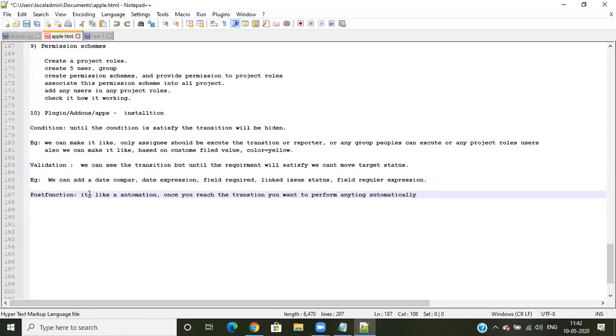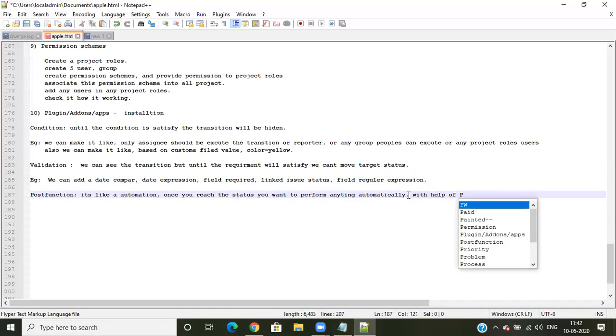Once you reach the transition, once you reach the status, you can perform anything automatically with the help of post functions.